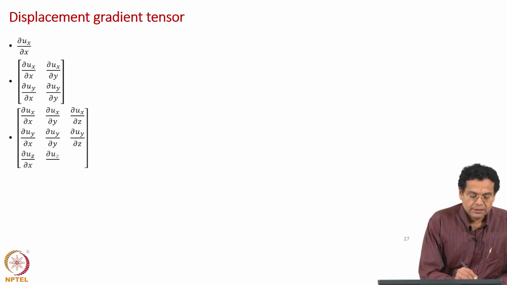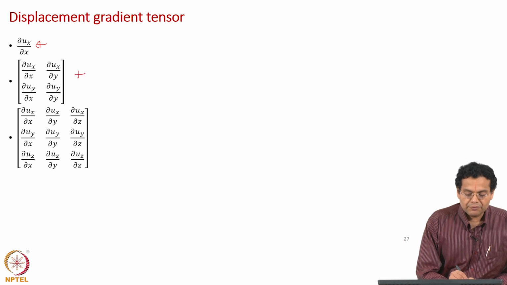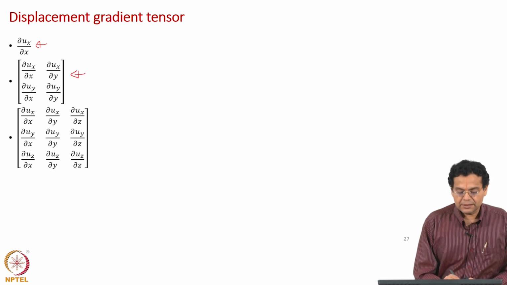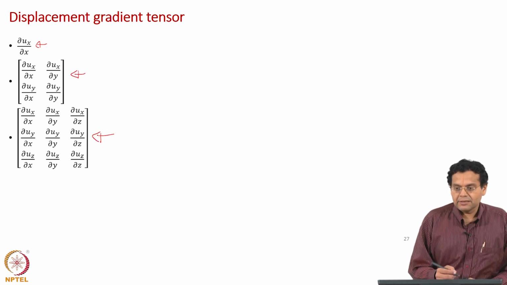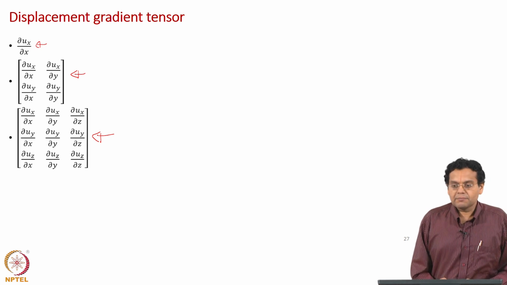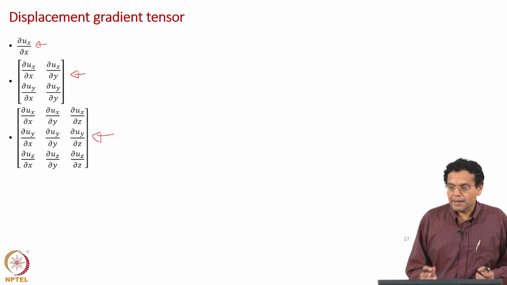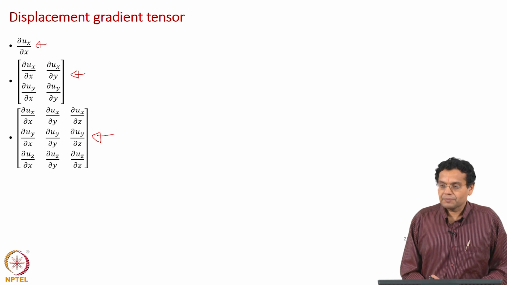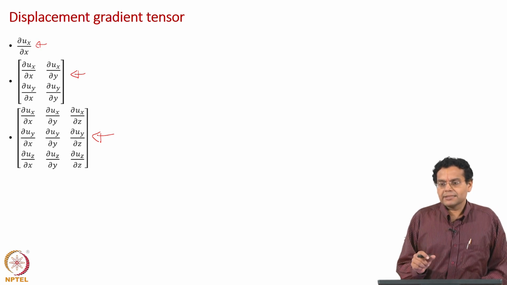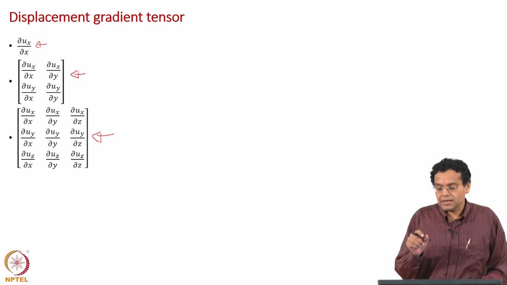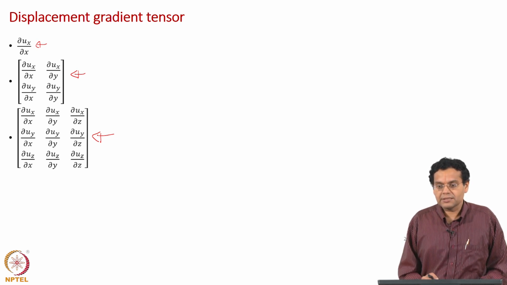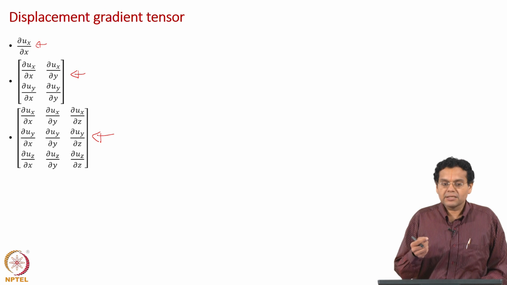Certainly, you would not have sensed in 1D that it is a tensor. You would have got some clue when we moved on to 2D. Certainly, it was very clear when we discussed the 3 dimensional case that the matrix is a tensor. What are the 2 directions? As I told you, one direction is for the particles, along which direction we are considering, and one direction for the displacement.